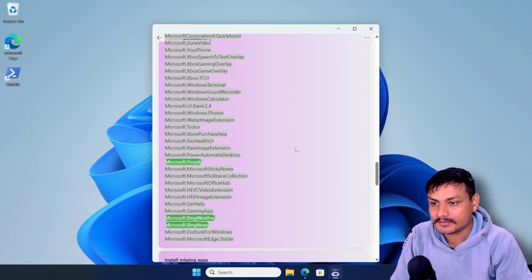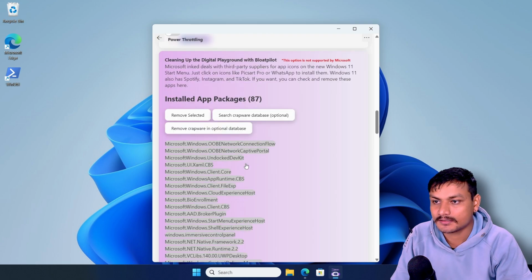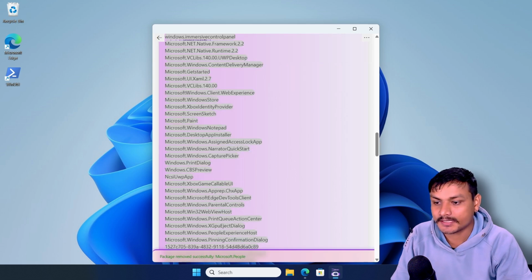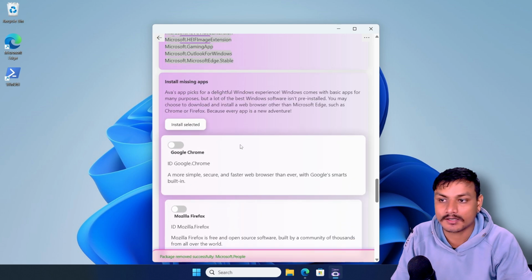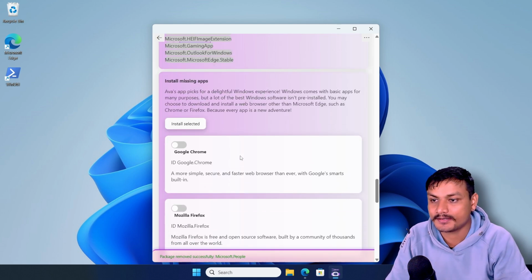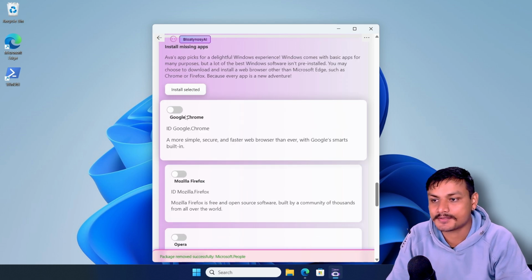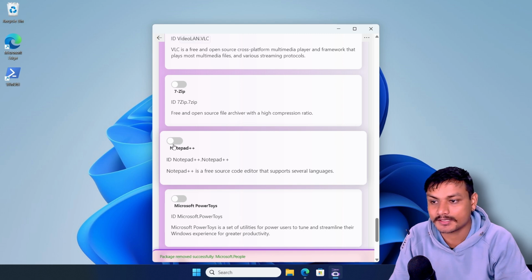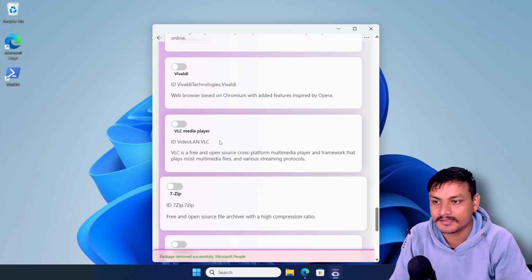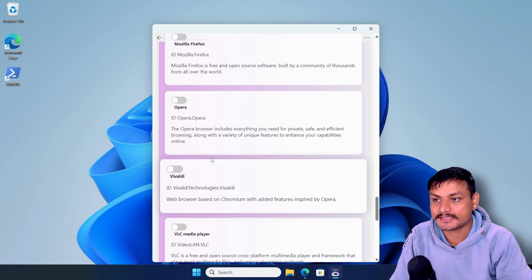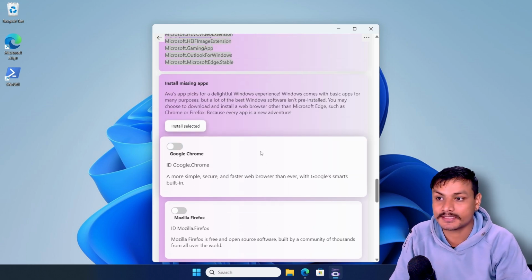All right, let's say I don't want all of these. Okay, and I'm gonna click on remove selected, and it says package removed successfully, they are gone. And last option, we have the install missing apps section. Here we can install some apps like Google Chrome. It doesn't have a huge list of apps, but there are some essential apps like Notepad++, 7-Zip, VLC Media Player. To install them, just simply turn them on just like this and click on install, or you can use Winget,